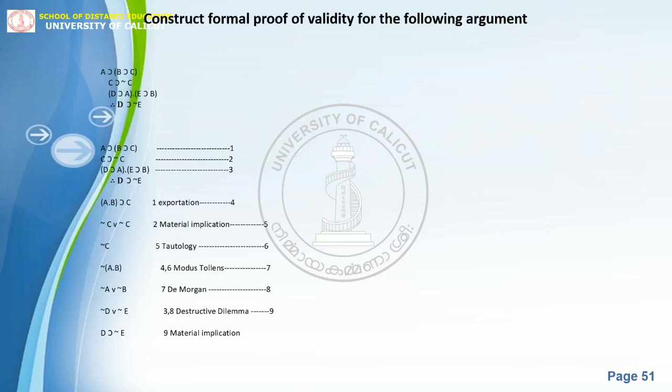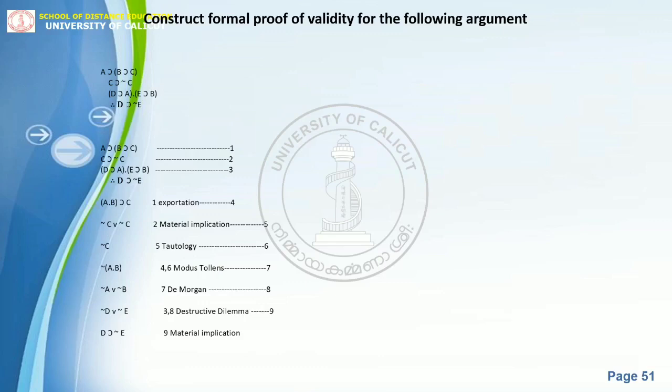In place of negation C or negation C, we can write negation C as a tautology, and number it as 6. Then again, we have to check for any derivation from the above statements. That is, is there any possibility for any derivation? So first we are looking